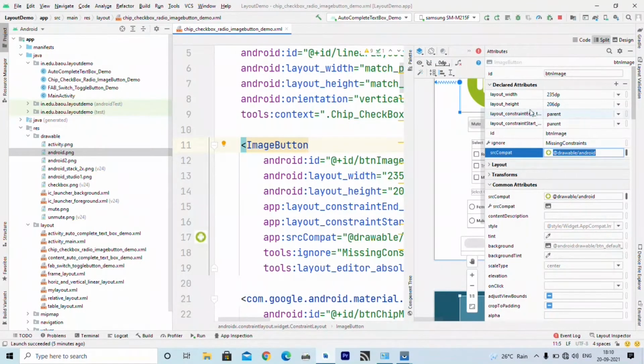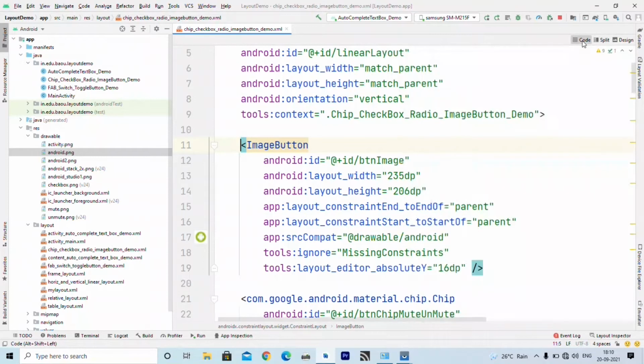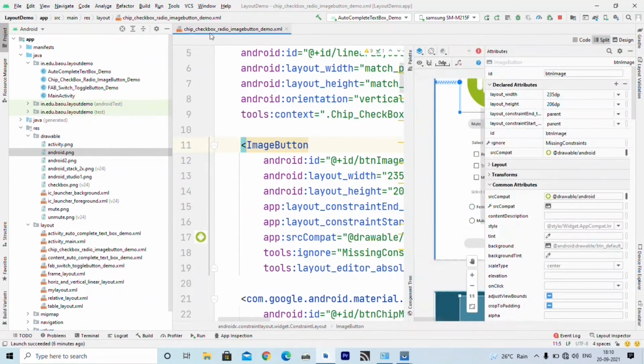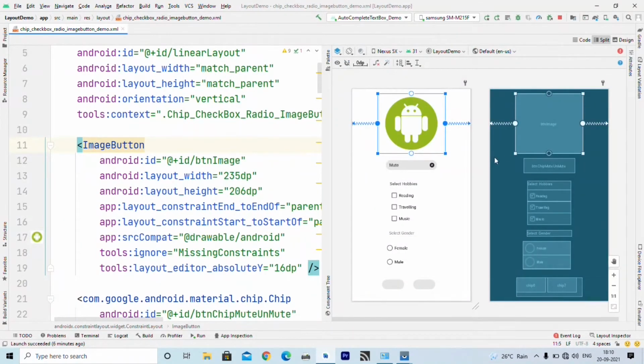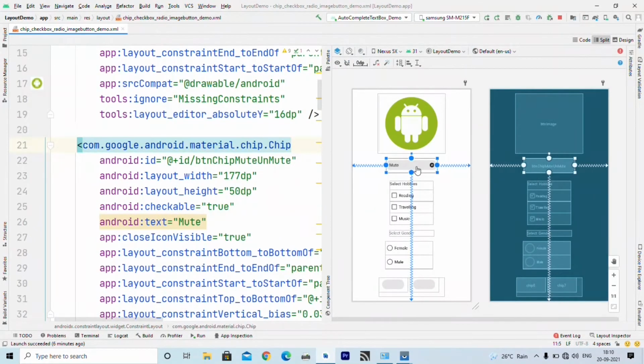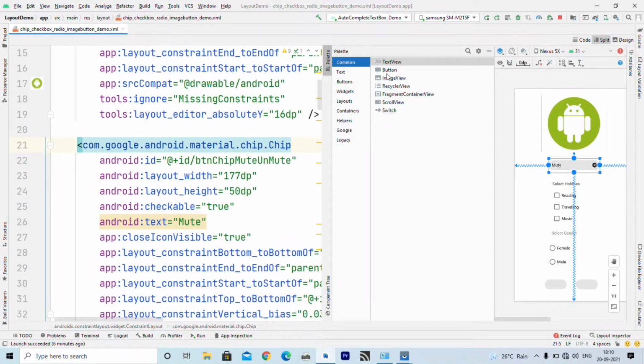Now, let us go to split design. Here you can see this is a chip, right. So, you can drag and drop chip from buttons onto this interface. From here you can drag and drop chip. If you see here